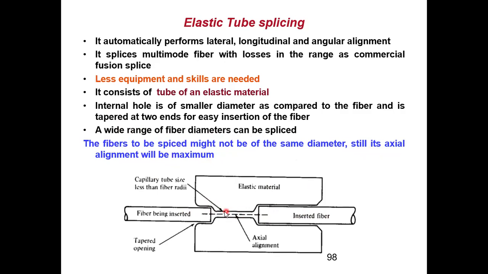And there is this internal hole which is present. Okay, so the internal hole is of a smaller diameter as compared to the fiber and is tapered at two ends. So यहाँ पे tapering है on this side and there is a tapering at this side. So this tapering will allow the fiber to be inserted. So this is the fourth category of